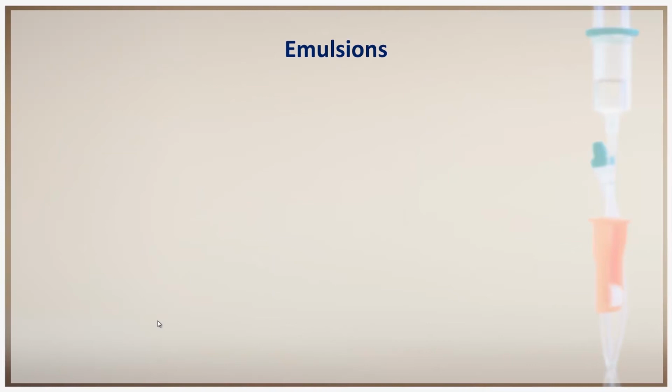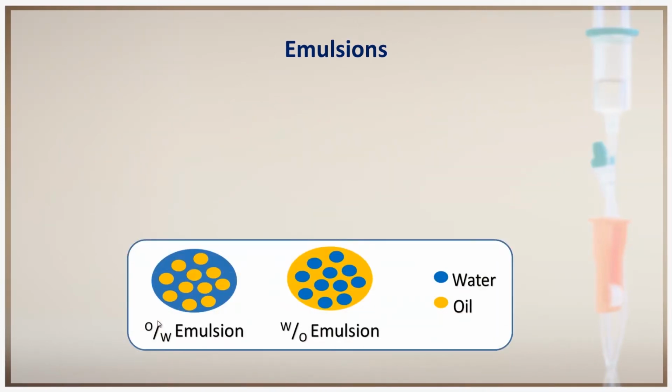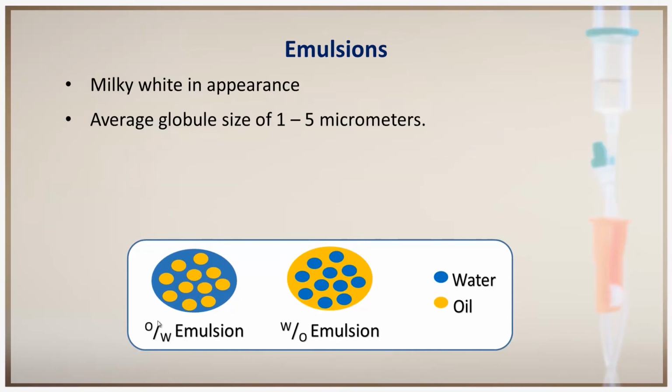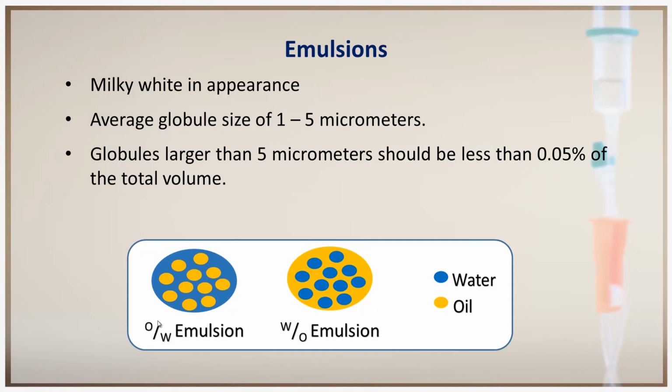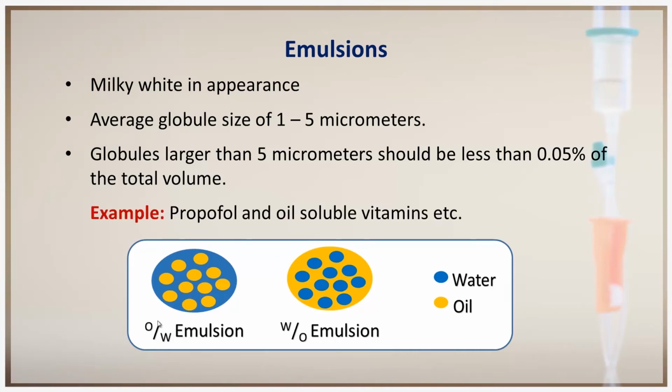Moving to emulsion type of parenteral preparation. Emulsions are dispersed systems, a dispersion of oil in water or water in oil. They are milky white in appearance and have a globule size of 1 to 5 micrometer, and globules larger than 5 micrometer should be less than 0.05% of total volume. For example, propofol and oil soluble vitamins are examples of emulsion type of parenteral preparations, and you can refer